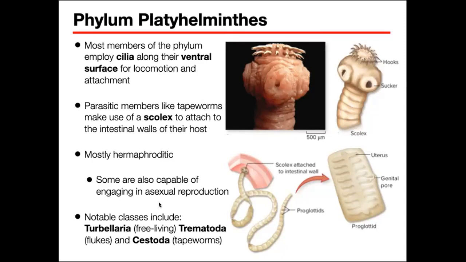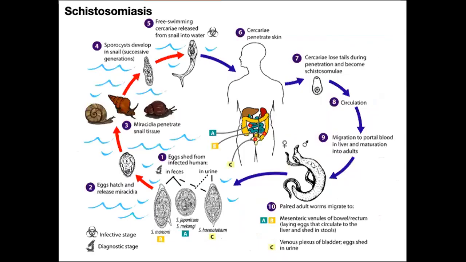So ito namang flatworms, some of them are free living, so they are under class Turbellaria. Yung flukes natin will be under Trematoda, and tapeworms will be under Cestoda. Okay? So sinabi ko kanina na it's a public health concern, no, yung flatworms, because of many diseases that it can cause to humans. So I think yung pinaka-common would be that of schistosomiasis.